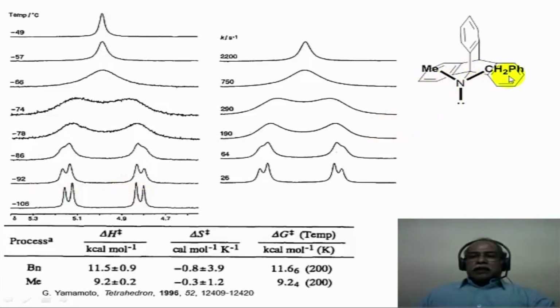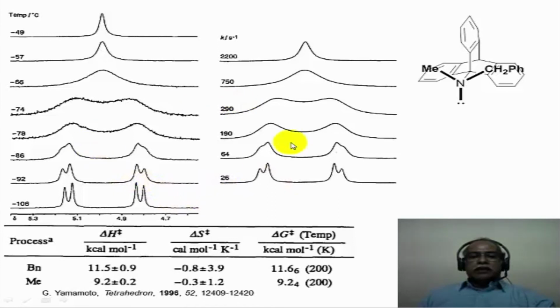When the carbon-nitrogen bond rotation becomes very rapid at a higher temperature, in other words at minus 49 degrees Celsius or so, the carbon-nitrogen bond becomes easily rotatable. At those temperatures, the CH2 hydrogens are no longer distinguishable and you just see a singlet for the CH2 in this particular molecule. And this is a simulated spectrum, putting in rate constants corresponding to various temperatures.